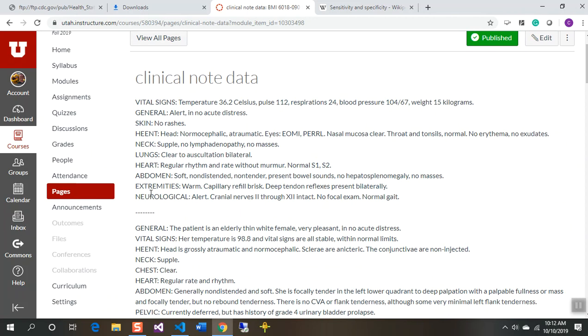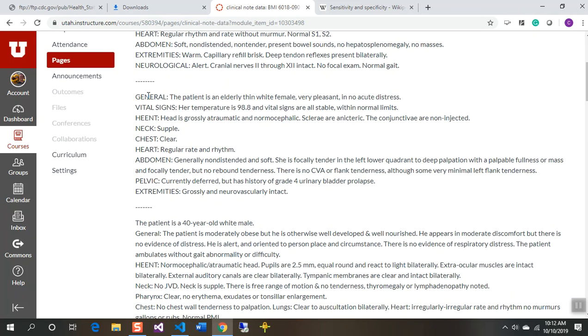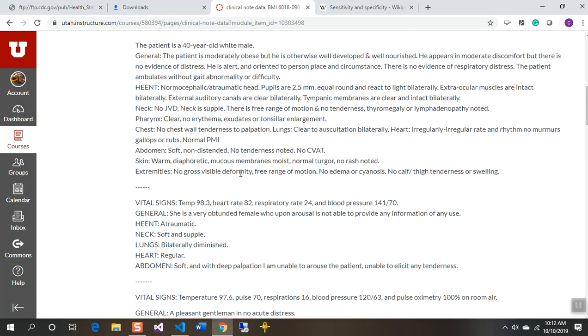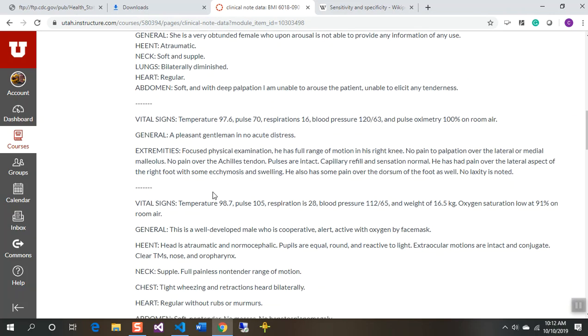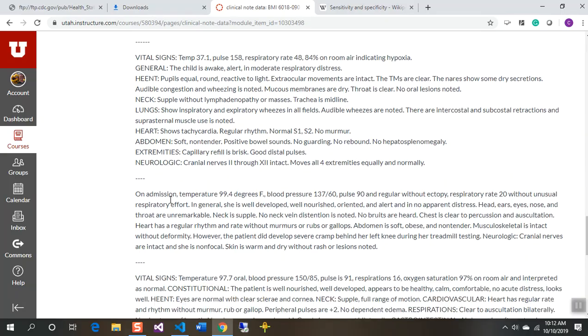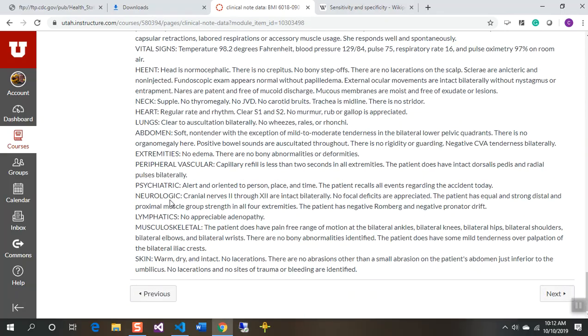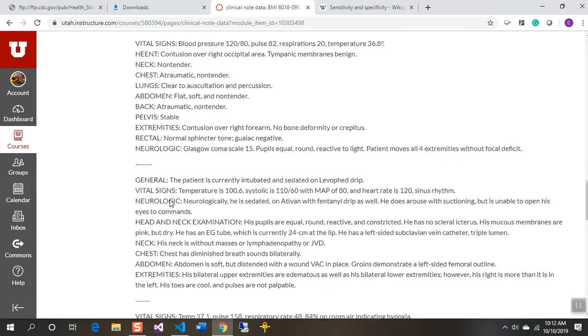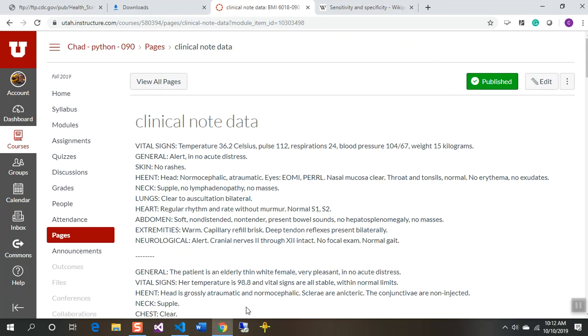These are all different patients. I think I have like 15 of these, and these are all from completely different patients. And then the assignment is going to be parsing some data out of these. So that's the idea. I haven't quite got it all organized yet, but it will be soon. So that's going to be the assignment. And again, just shoot me an email if you have any questions. And we are